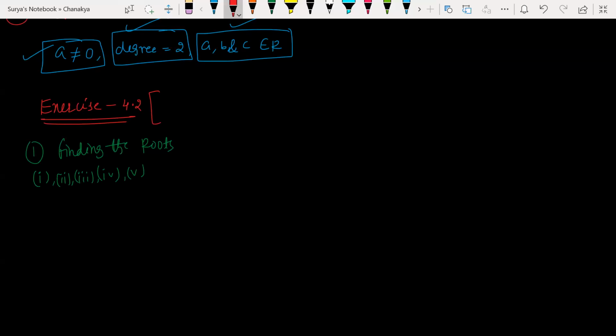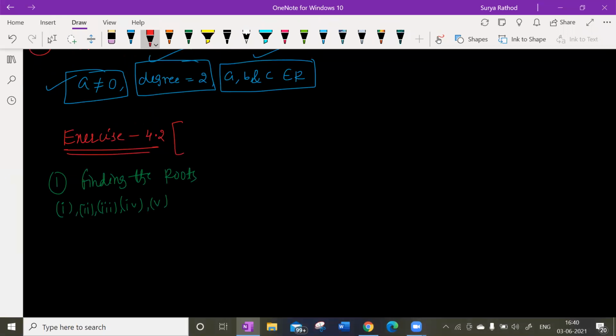All right, guys. The first problem is also very easy, finding the roots. Next, the second problem has been given here. Akhil has joined now. So guys, you have to rejoin the meeting again.